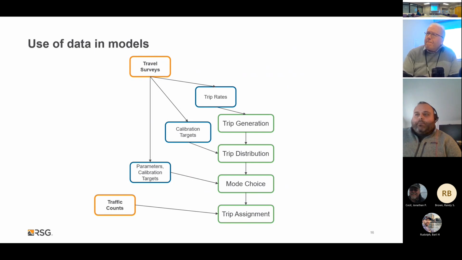The travel surveys give us calibration targets on how far people are traveling in a household and where they are traveling to. And then travel surveys also give us parameters and calibration targets for mode choice too. So they tell us, what does the share of travel need to look like in the region? That allows us to calibrate the model or directly estimate, if the data is good enough, how people are choosing their mode of travel. And then the other big source of data in travel demand models is traffic counts.